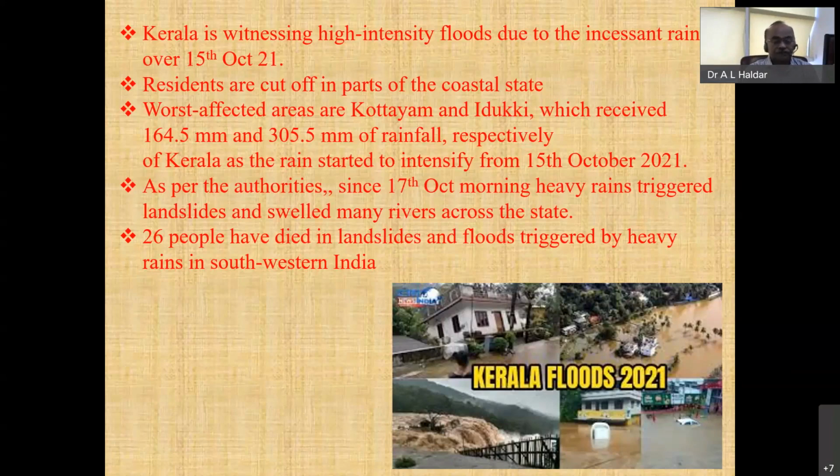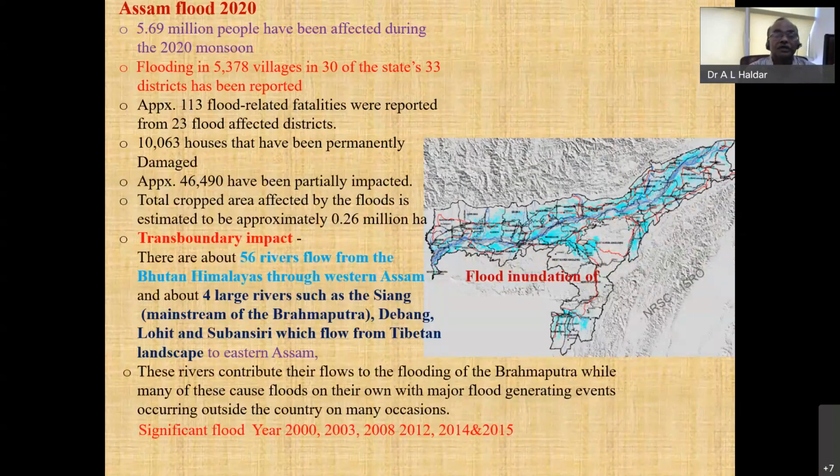Of course, in Kerala, starting from 2018, which was very severe, then 2019 and 2020 also, and finally 2021, in the month of October, landslides took place in Kerala. In this year, 26 people have already died. Of course, it may be more, but so far this is the toll.